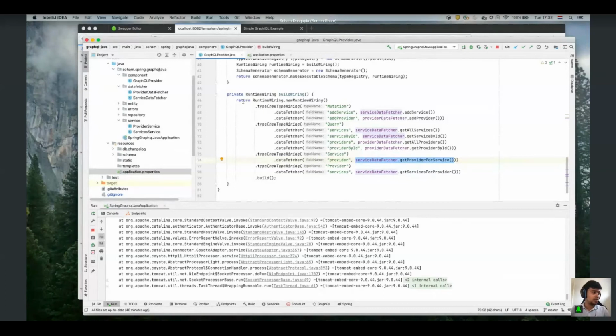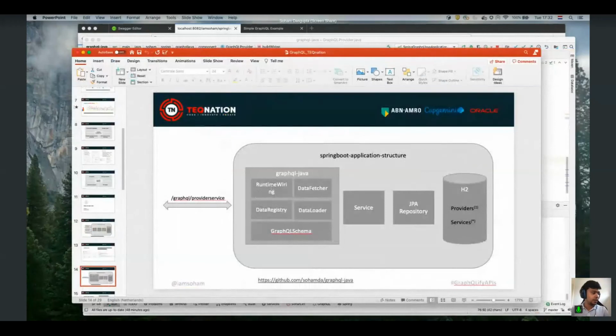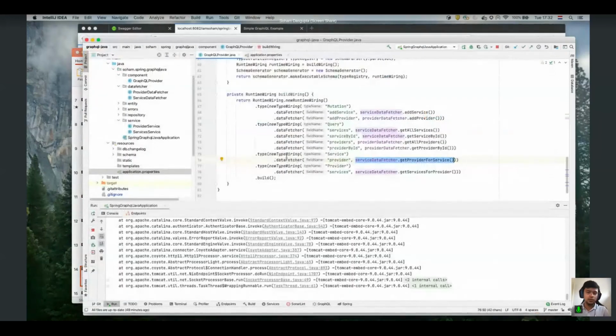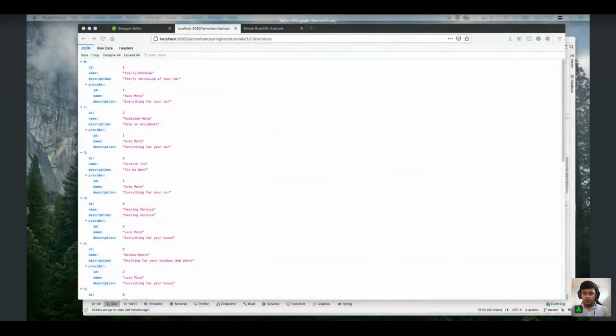Once you have all this mapping, you basically create the runtime wiring, and you create a GraphQL schema object, and you expose that. And once you expose that, your GraphQL service is up and running, and you can actually use it straight away. Then what are these data fetcher and data loader? I'll come to it in a bit when I compare the libraries in detail. So going back,